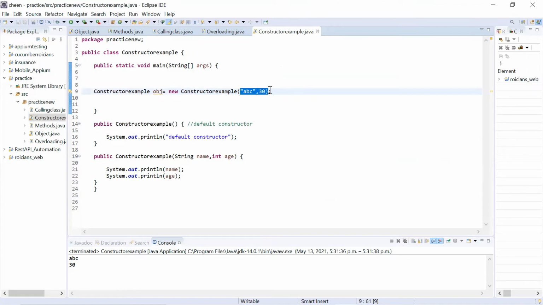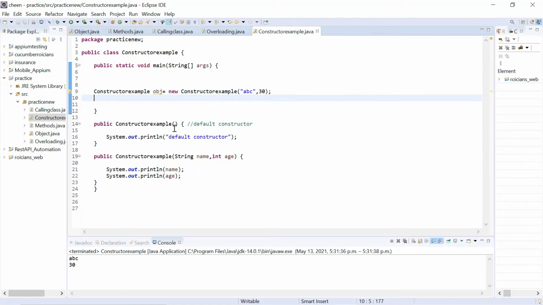So whenever you call any object, actually you're calling a constructor. If you have not created any constructor, Java will automatically create a constructor in which any global variables or any methods will be copied by default and that will be displayed. That's what we know till now. But the point which you need to understand here is that by default Java will create a constructor, but that constructor is called the default constructor, without parameters.